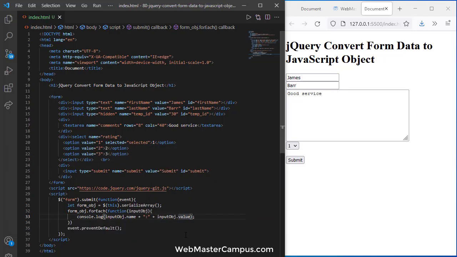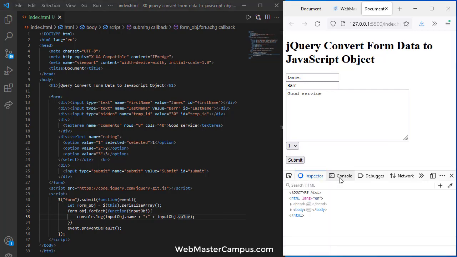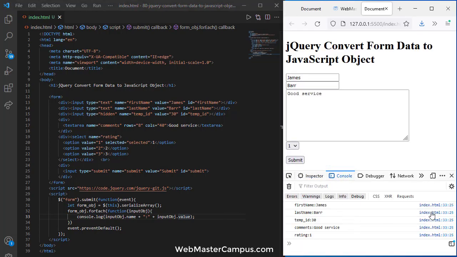Here we go. If I submit this now, I will get the data inside of it in the form of an object. First name: James, last name: Bar, temporary ID: 30, comments: good, rating: 1. Okay, let's change it again. Rating 2. Okay, so you got the rating 2 over here. So you can see how easy it is to convert form data to